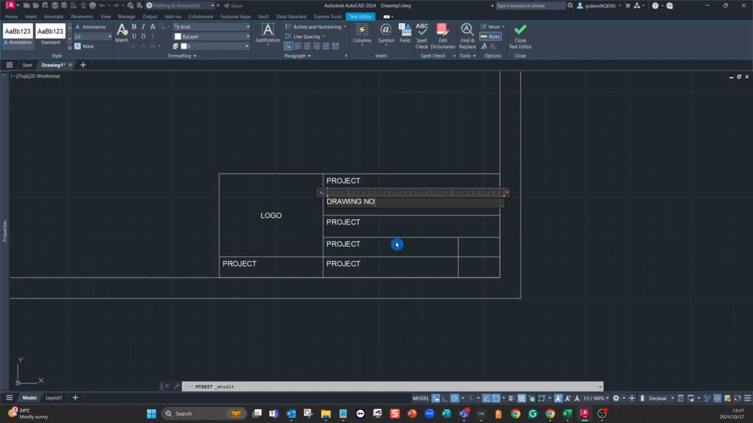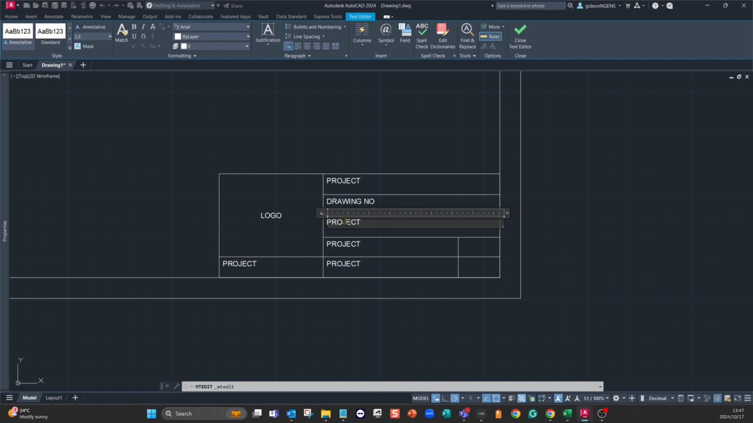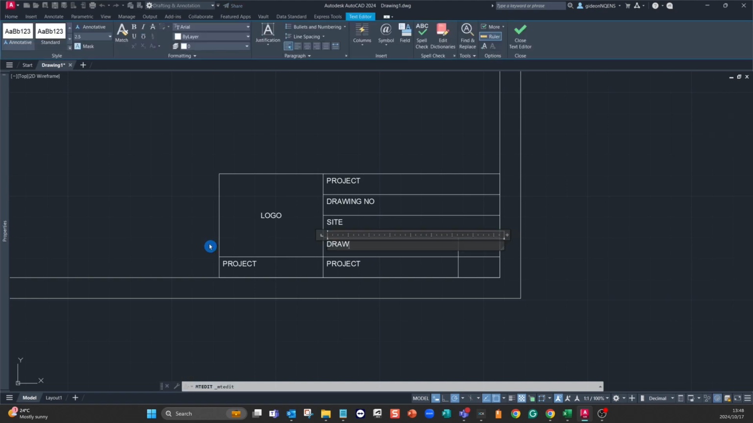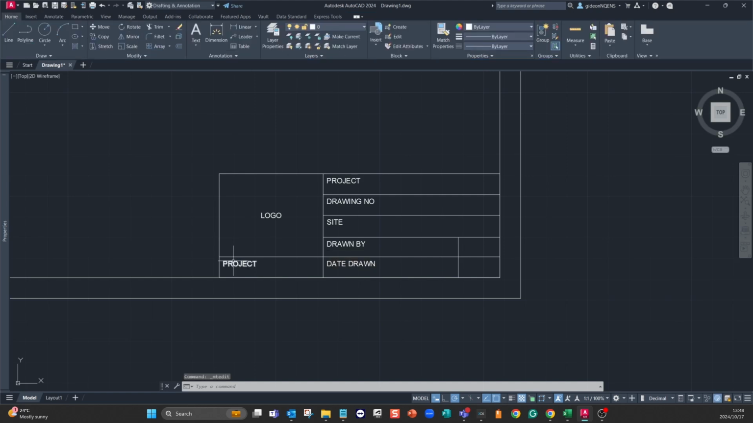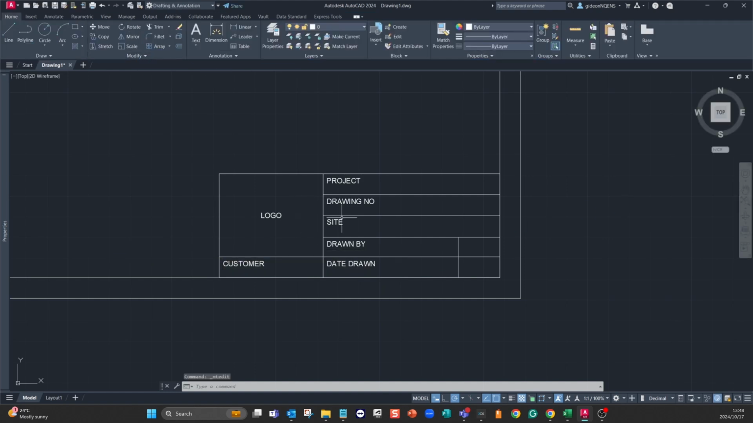So for instance, project number, drawing number. For instance, here we can have, if your drawing goes to specific or different sites, you can put in a site. By... and I'm changing to date drawn. Change that to customer. And to